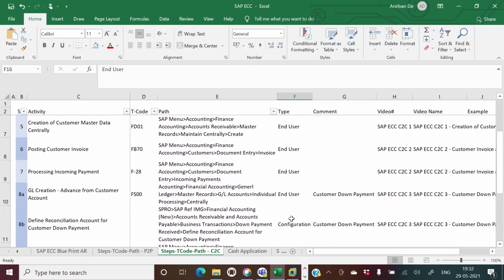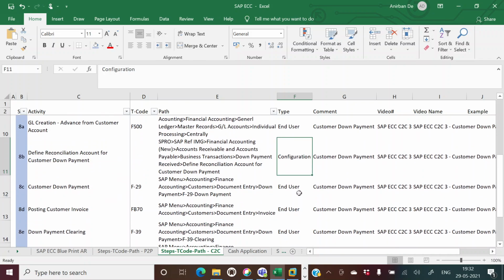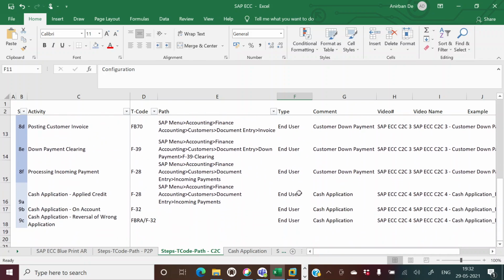Like, this is one of the configuration steps for processing down payment. Since I am working on a demo version of SAP, I have access to both, and I first do the configuration, and the scope of today's video is only to capture the end user steps, right?